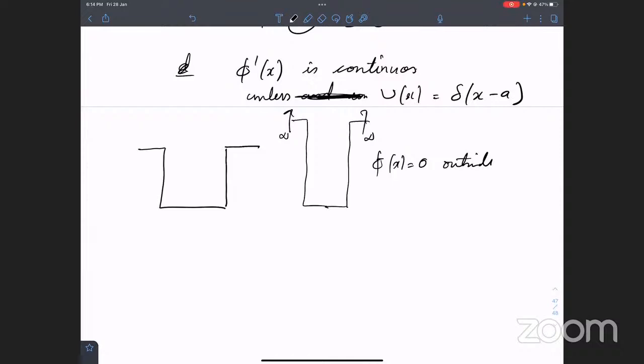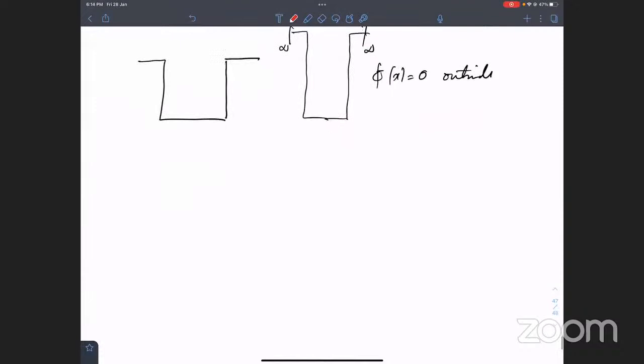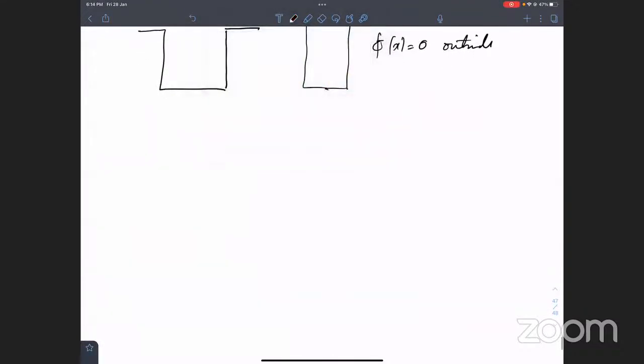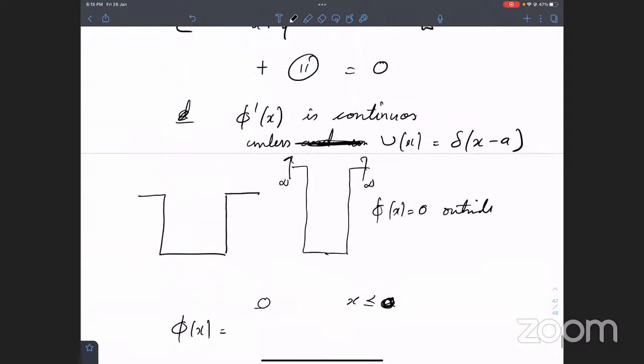But here we cannot really rule it out. So when we try to solve the Schrodinger equation, remember we cannot say phi of x is 0 for x less than a or less than 0. Cannot do that. Why? Because it's too restrictive, right? Nobody says that it's not possible. So unless you check whether you have to allow